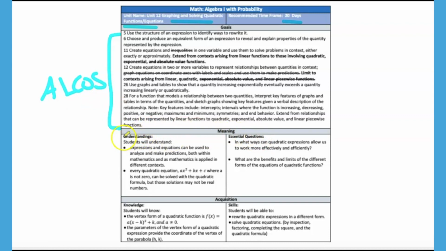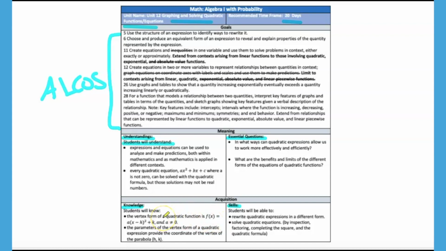And then down here we're going to have the unit understandings, and those are connected to the unit essential questions. And then underneath that, we're going to have the separate knowledge and skills. And understand each one of these. Here's the stem: Students will understand expressions and equations and so forth. Students will understand every quadratic equation and so forth. The same thing down here with knowledge and skills. So this is the end to this complete sentence. Students will know the vertex form of a quadratic function,